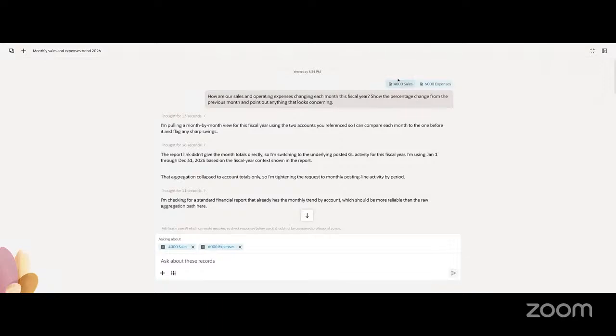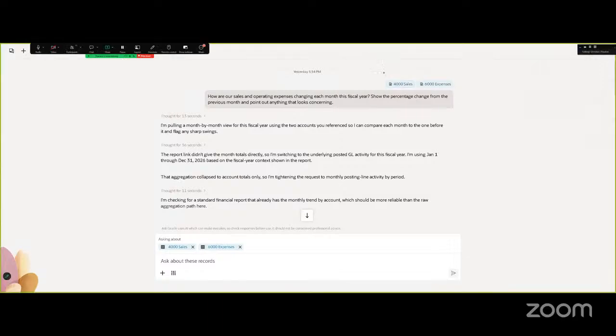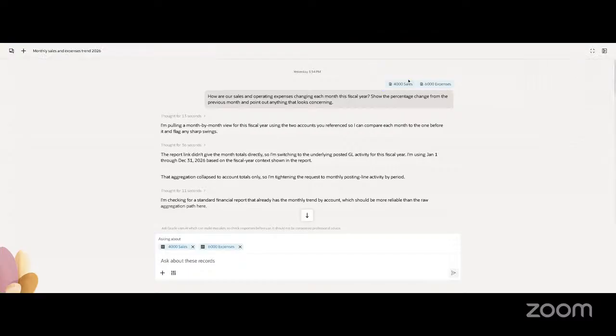Now, what I've done here, you'll see across the top, I've actually added context. And so this is another capability where you can ground Ask Oracle in your data, whether it's looking at specific GL accounts, like 6,000 expenses and 4,000 sales, or a specific customer, invoice record, etc. It allows you to pinpoint and narrow in exactly what data you're asking about. And then I simply ask Ask Oracle,